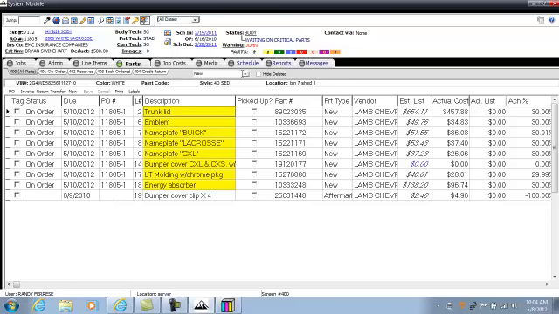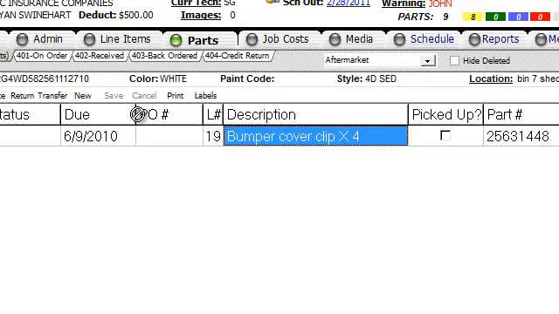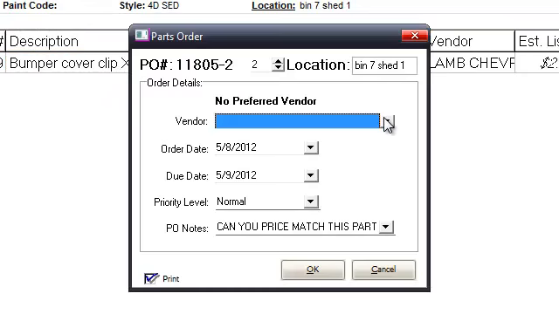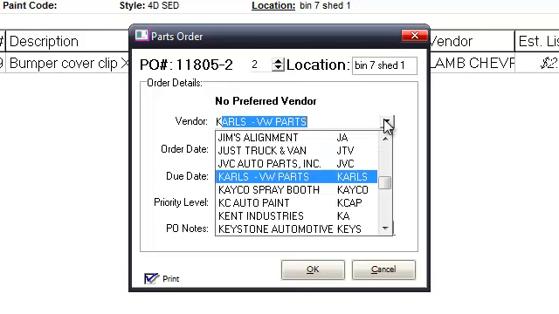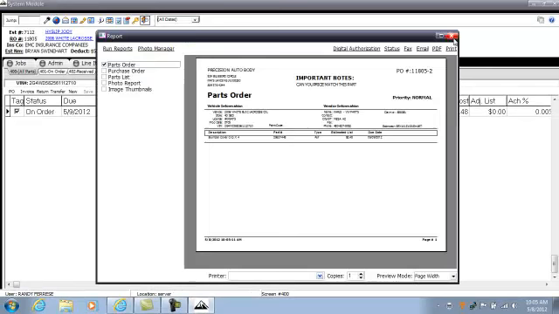Now, if I want to go ahead and do aftermarket parts, I can do the same thing. Select the aftermarket, tag, drag, and drop. Now I can order those parts from another vendor. Same procedure, hit OK, and